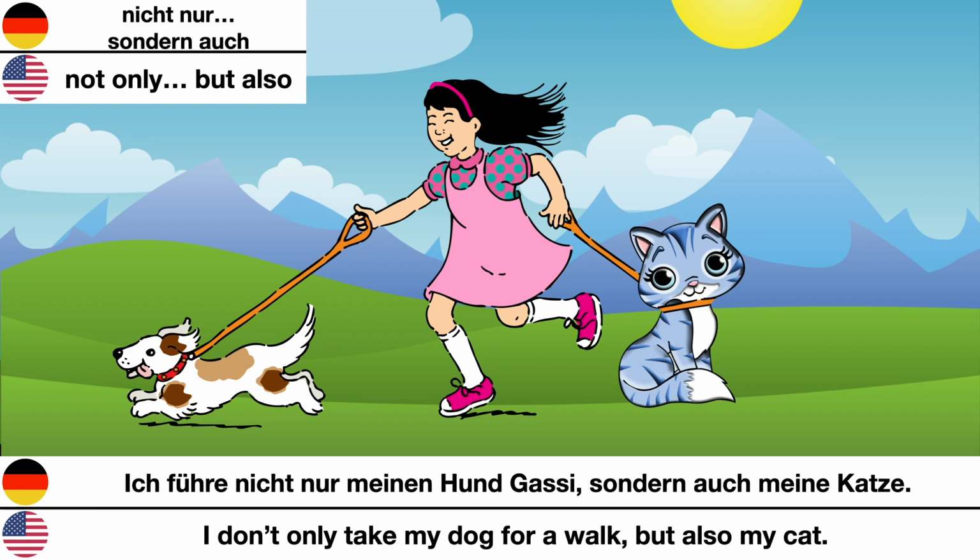Ich führe nicht nur meinen Hund Gassi, sondern auch meine Katze. I don't only take my dog for a walk, but also my cat. It's pretty standard to take your dog for a walk. Cats, on the other hand, aren't big fans of leashes, so this is a bit odd. Therefore, we used nicht nur, sondern auch. If you switch the dog and the cat in this example, the difference is much bigger, as people don't normally